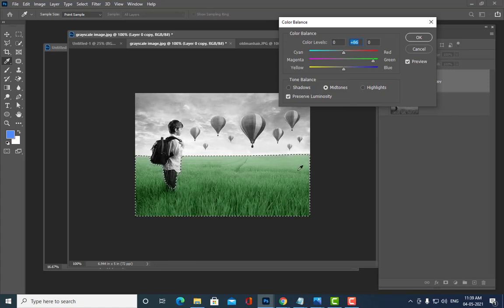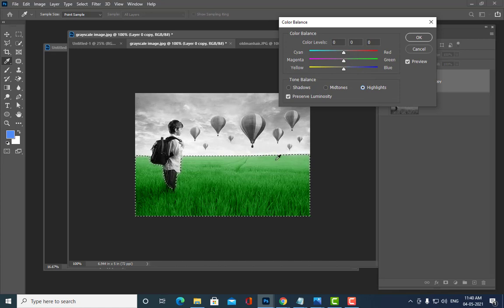Okay, and if I want this to look more greenish, I also have to select the shadows, and then again I have to move this slider to the right. See, now it is more greenish, means even the shadows are becoming greenish. And if you want more greenish, you also have to increase the greenness in highlights also.